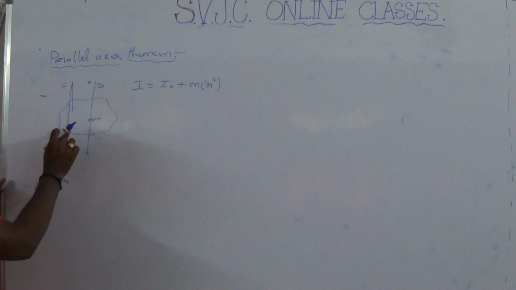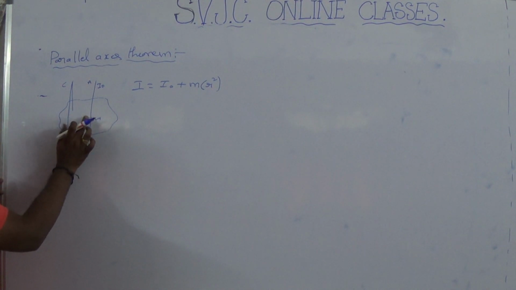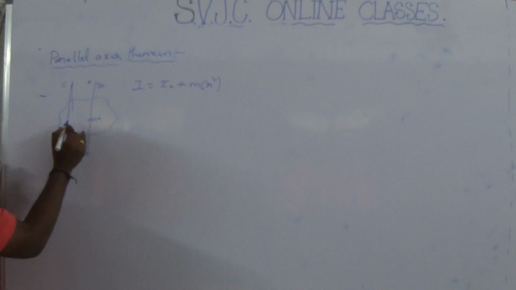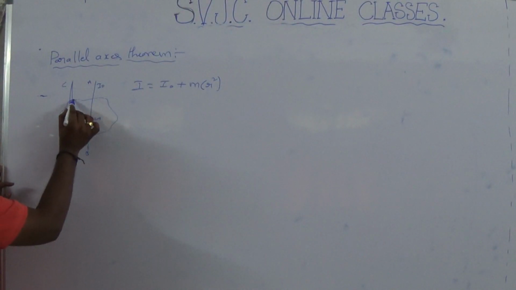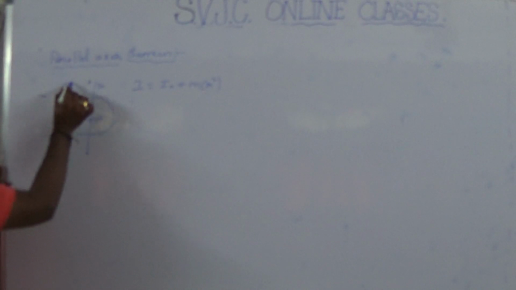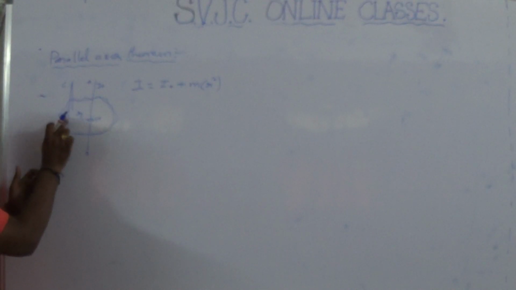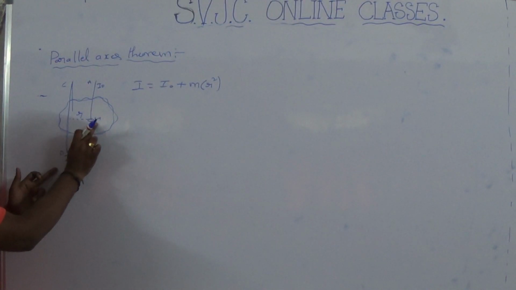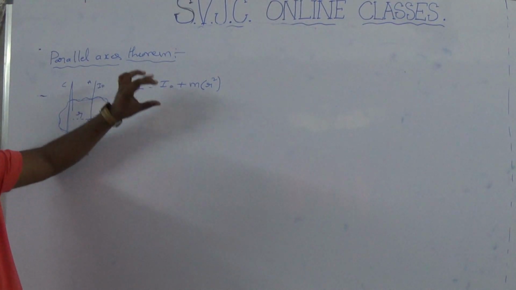Here the axis is perpendicular to this plane and also parallel to the axis which is passing through the center of mass. These two are parallel axes, just like this. The distance between the two axes I am taking as r. So the moment of inertia of the body about any axis perpendicular to the plane and parallel to the axis passing through the center of mass is given by I equal to I naught plus m r square. This is the basic formula